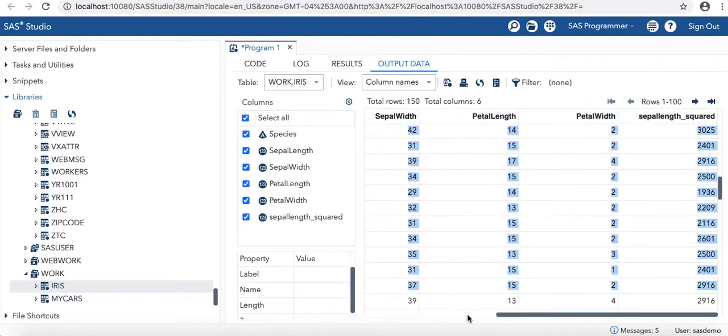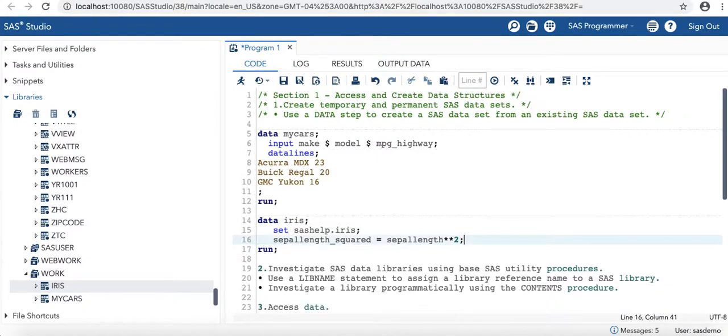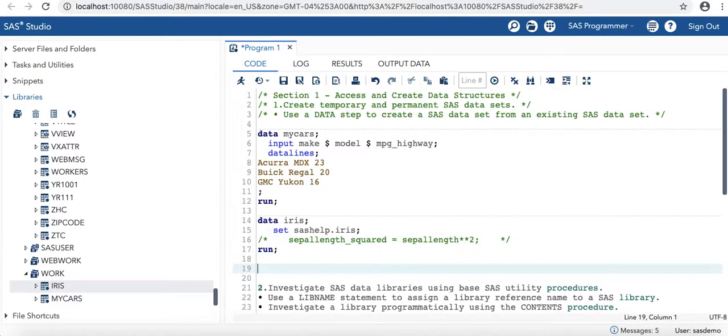So you can see how that may be useful for someone, depending on what they're doing, if they want to do some kind of transformation. I'm just going to comment that out. And if I wanted to make one of these work library datasets permanent, the best way to do that